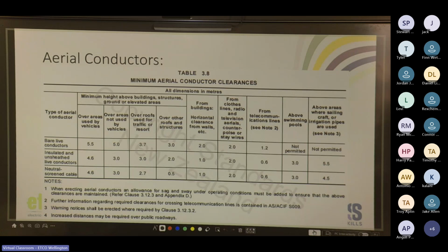Has anyone seen where Mythbusters tested peeing on the electric fence, and how if the water is conductive enough, especially irrigation water with whatever salts they add into it, there's potential of the voltage jumping across these streams of water and getting shocked? But obviously, irrigation pipes and sailing craft, bare live conductors above sailing craft. If the mast touches that...